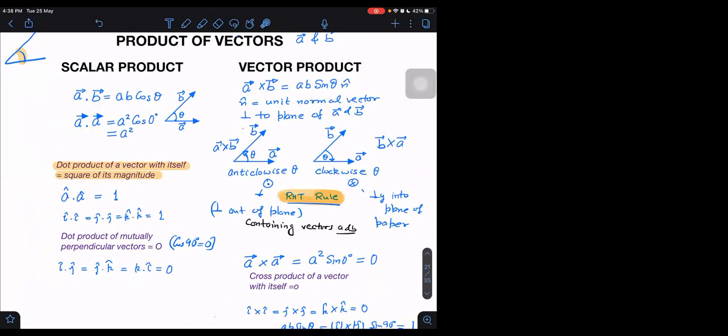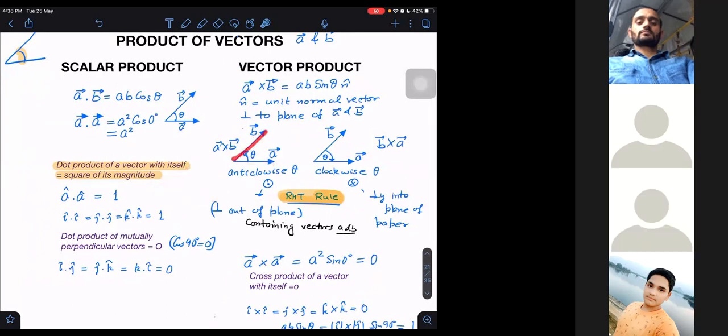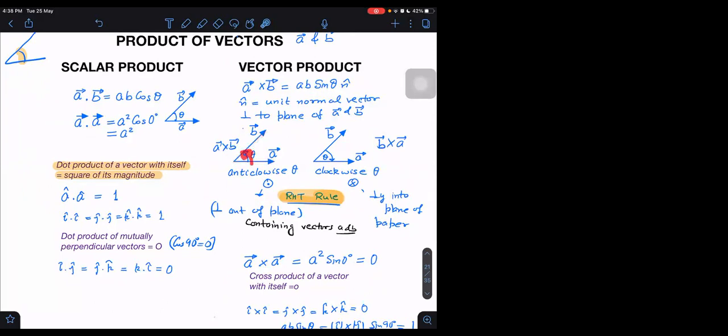Okay, see, there are two possibilities. One possibility is that they give us vectors in a diagram drawing. They will draw the vectors. Let us say this vector is drawn, another vector is drawn. And then you have to tell what is the direction of the product A cross B. If they are doing it by drawing, then you have to make the angle yourself with an arrow. And then you have to see if it is coming out to be anti-clockwise direction, then it is perpendicularly out of the plane of the paper. We do that when they are giving us vectors diagram drawn on the paper.